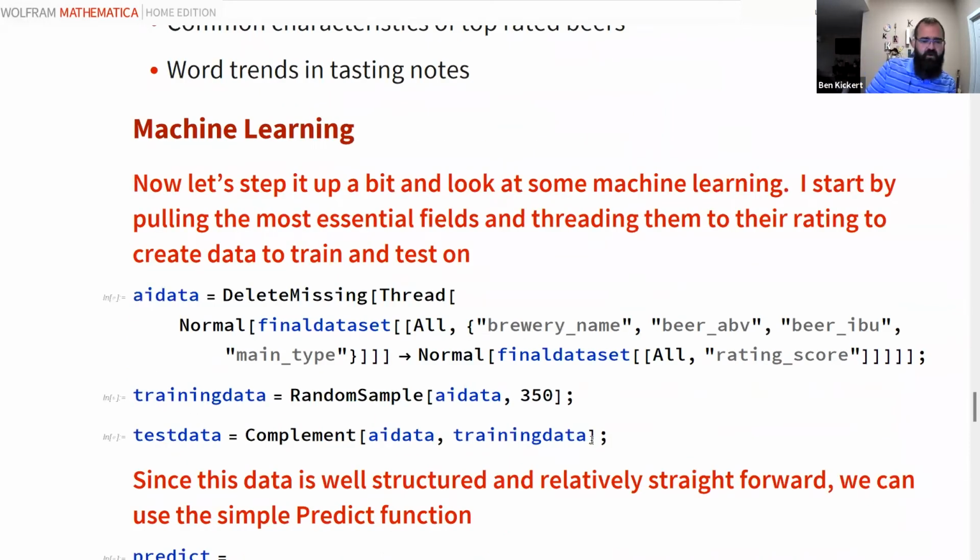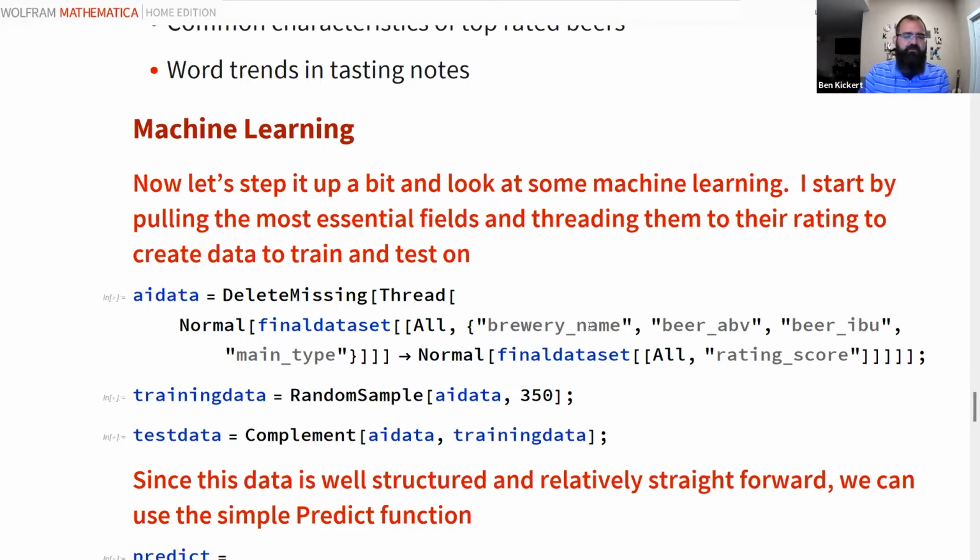But the end goal of taking this information was that I wanted to be able to create a predictor. This is a straightforward enough data set that by pulling in a few known variables and threading them to the score that I gave them, it's quite easy to create a set of AI training data.